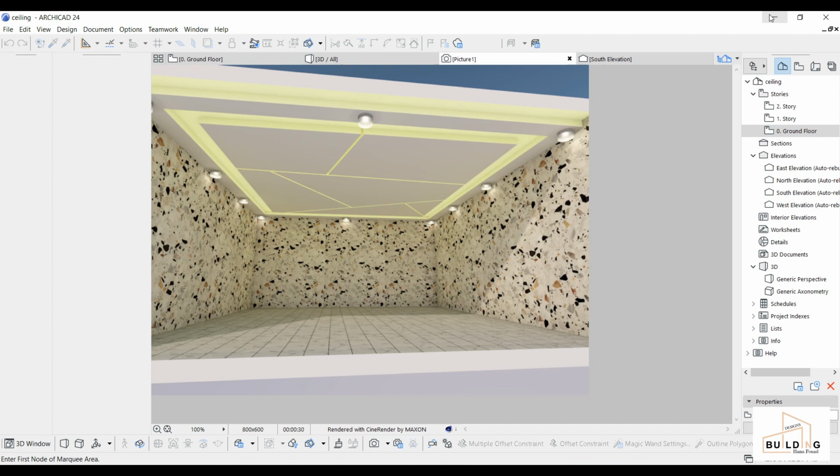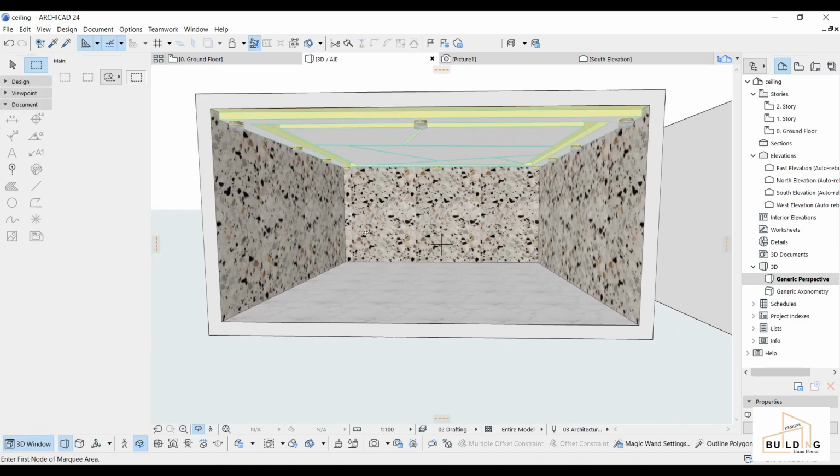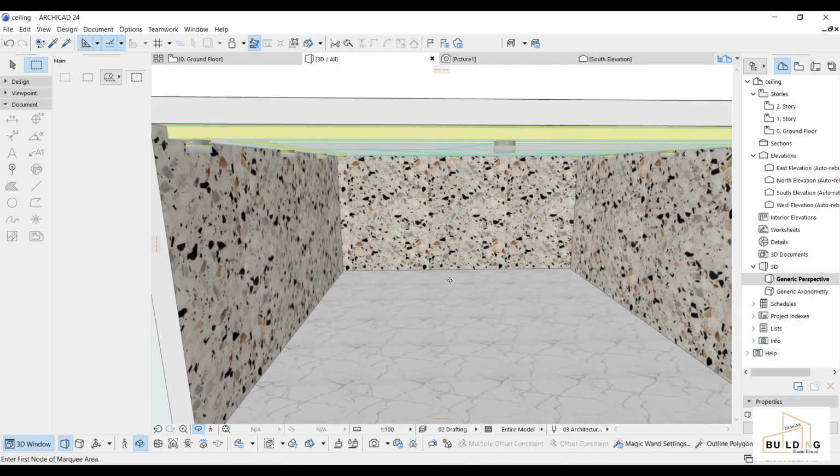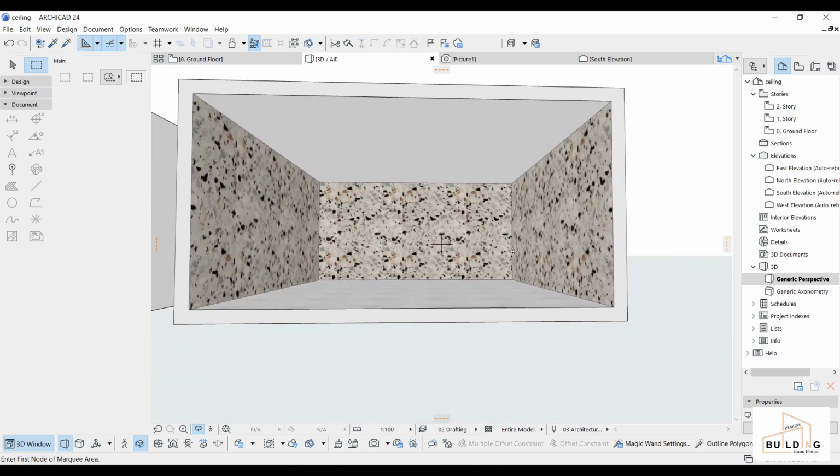Today's video is going to be about the lead lights of the ceiling, and this is a rendering from Photoshop. I have made it from the previous drawing, and I will design something similar to this one. So let's go to 3D to show you how it looks. This is what I have rendered. It's going to look like this, and I will try to design over here in the empty place,